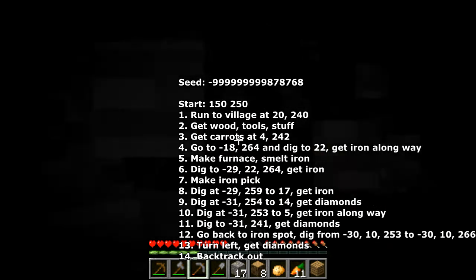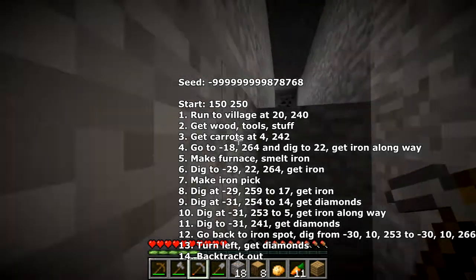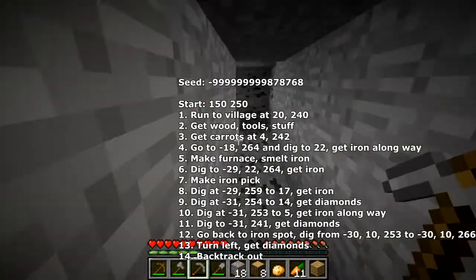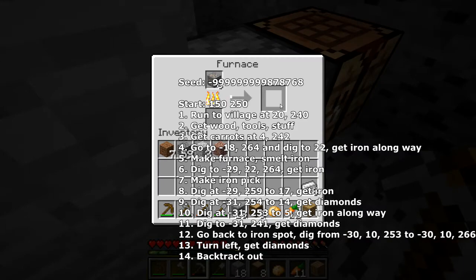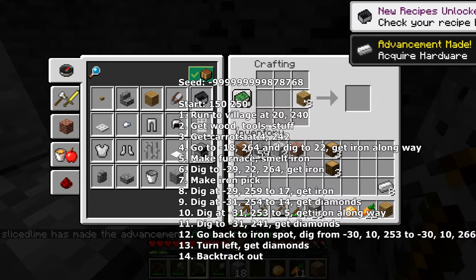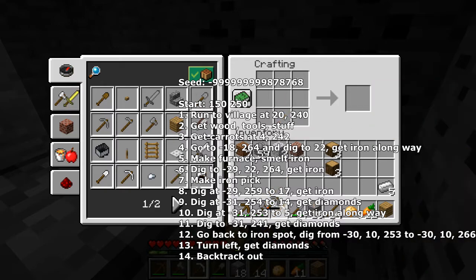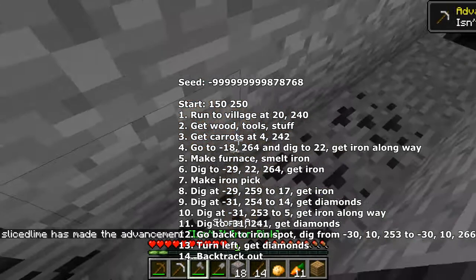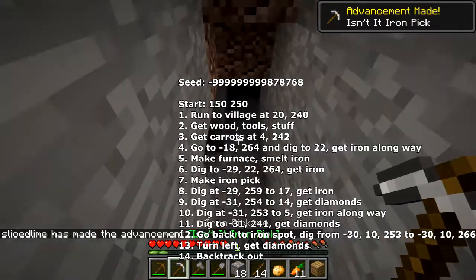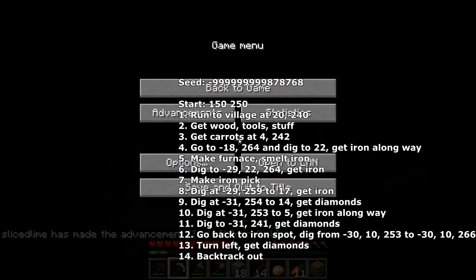Alright, then we're gonna have to go back, get this iron, or at least enough of it to... Should have just converted a whole bunch of this way back. Make an iron pick. Come on. Actually do this now so we don't keep misclicking there. And then...